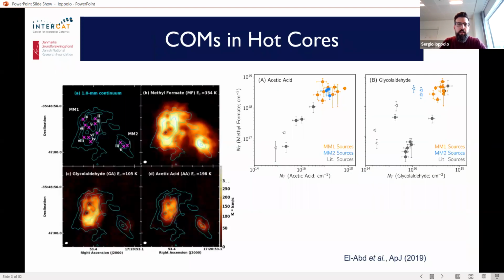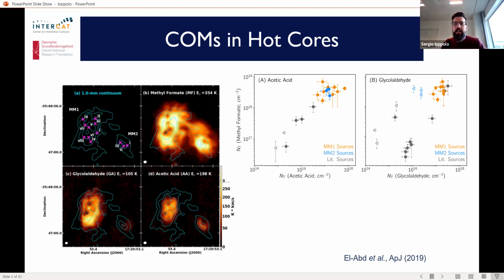If we look at the composition of these 300 molecules, we have inorganic species, we have organic species, we have small species, we have also large species such as C60. And the ones that are quite interesting to me and probably many people there in Madrid are the so-called complex organic molecules that are complex from an astrochemical point of view, in a sense that we call COMs all species that have at least 6 or more atoms that contain carbon and oxygen and hydrogen. So these molecules are like methyl formate, acetic acid, glycolaldehyde. Those are all considered complex organic molecules, and those are readily observed in hot cores and hot corinos,